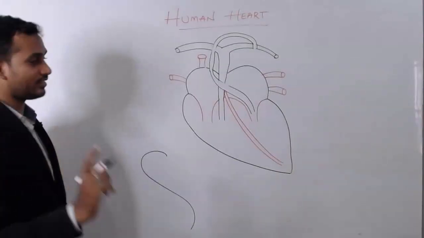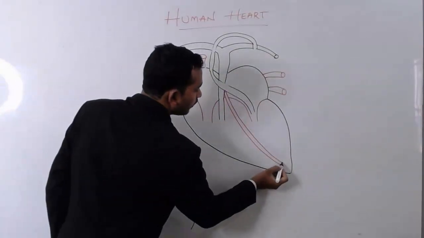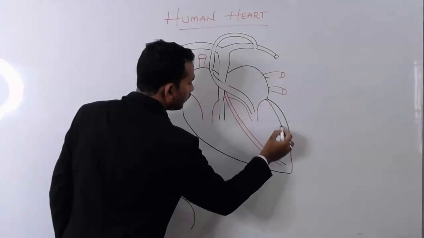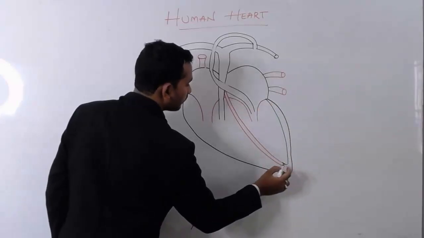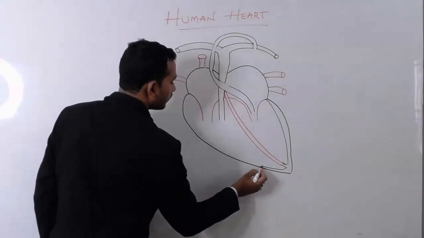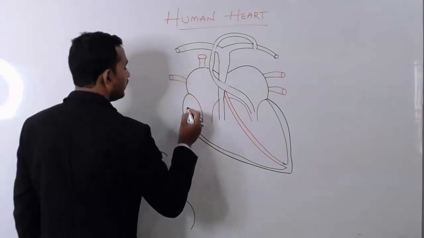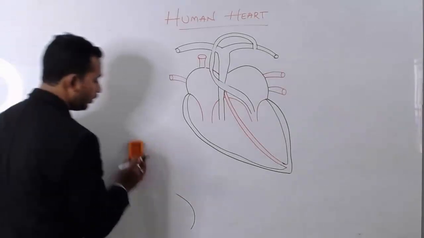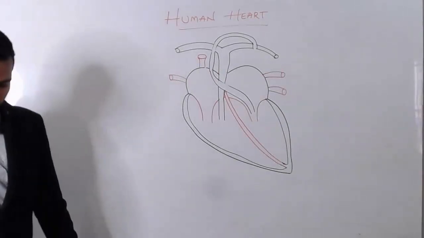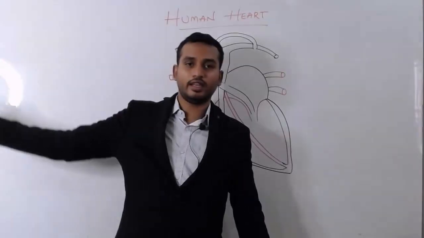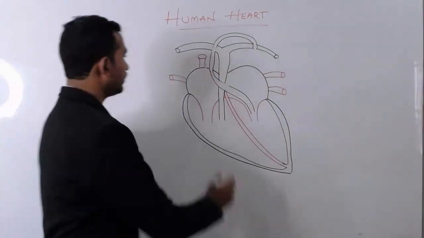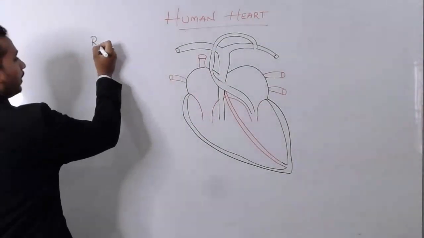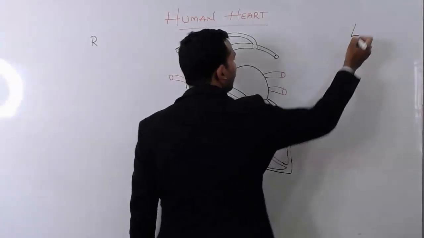And last step, what you should do? Can you see this line? This line you need to join with this part. Again, join till here. This is our human heart. Now naming. Assume I am standing like this. This is my right side and this is the left side. Similarly, this is my right part and this is my left part.